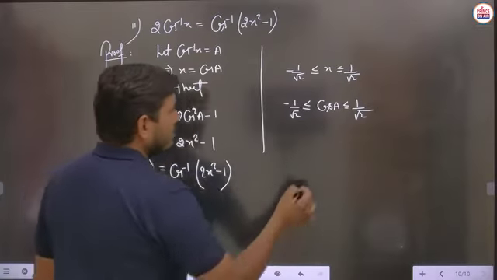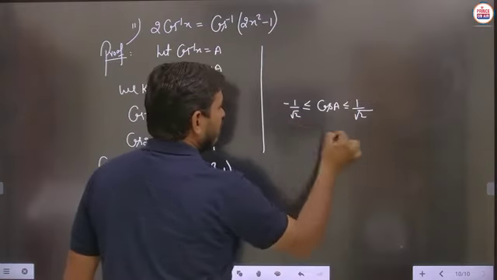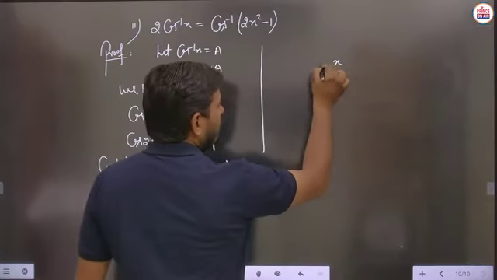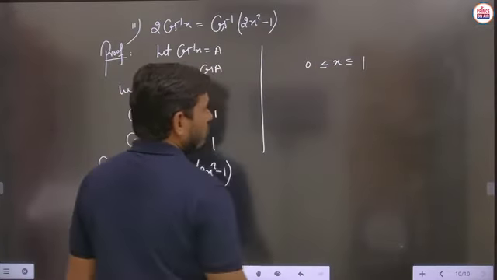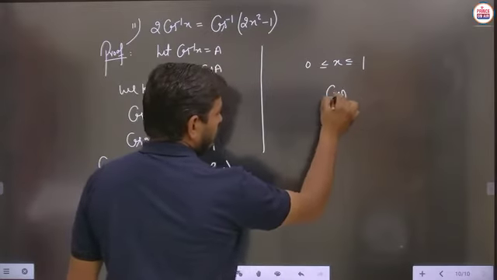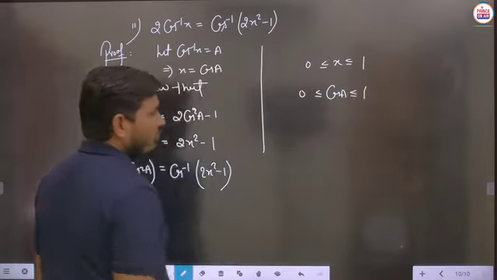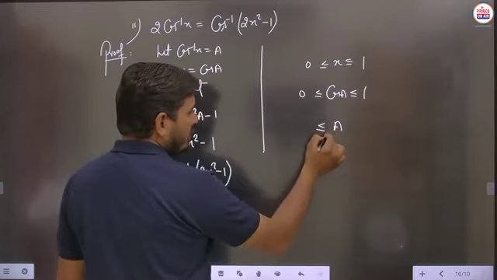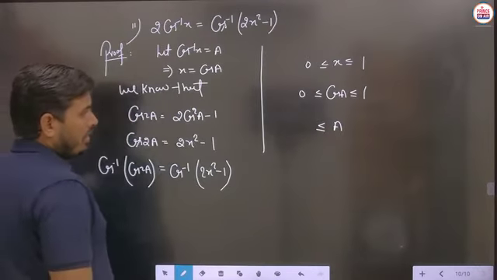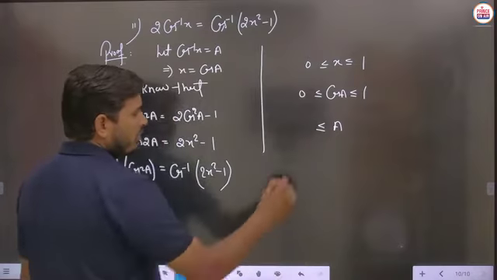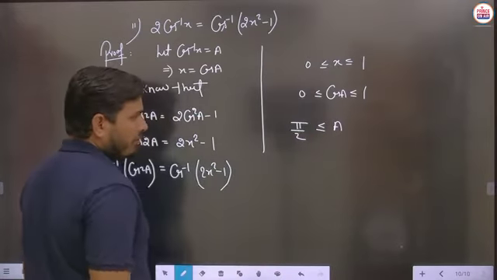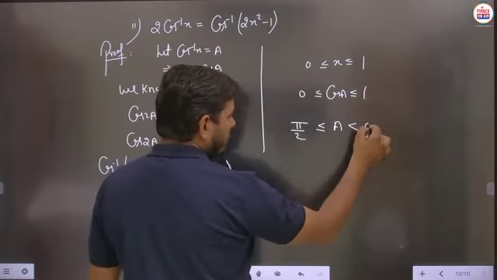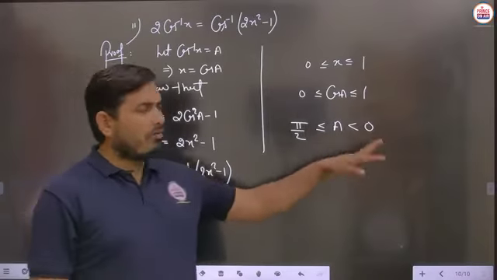So we will take a different interval here. We are not taking this interval, because in this interval definitely the principal value will not be satisfied. So we will take the interval from 0 to 1. Suppose we take the interval 0 to 1, then x is cos A. Then cos A will be taken from 0 to 1. Then if we write the particular angle A, it will be taken from this particular value 0, which of course will be at pi by 2, and the other part is to be taken from 1, because cos inverse 1 is 0.